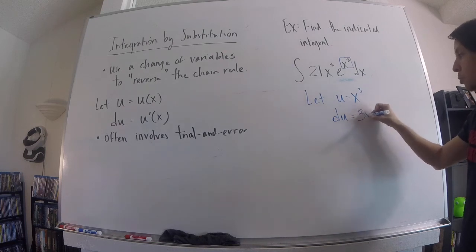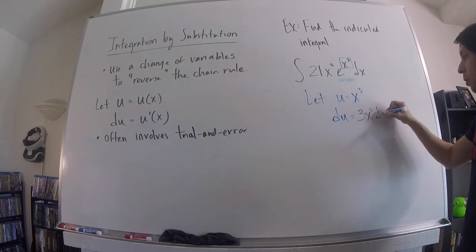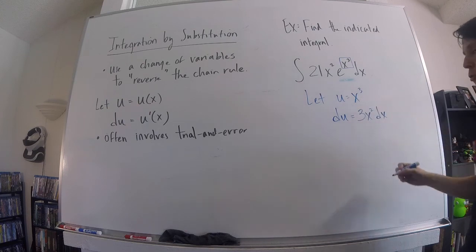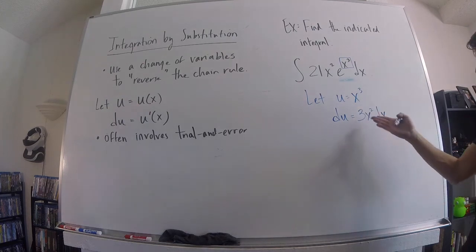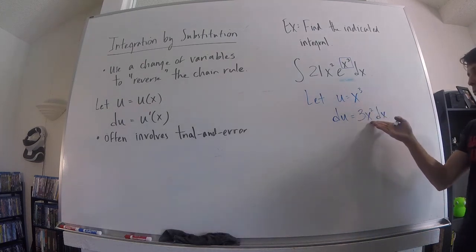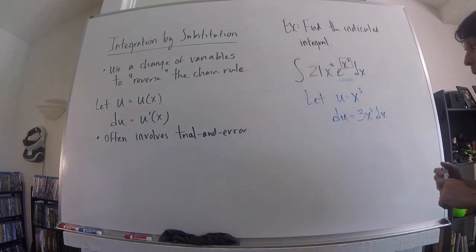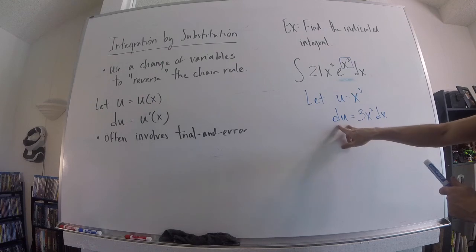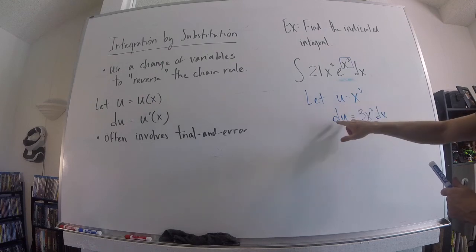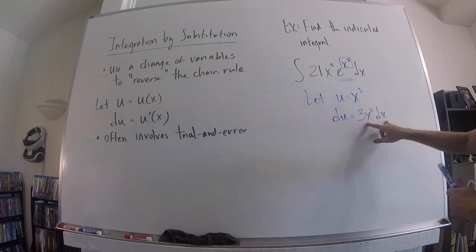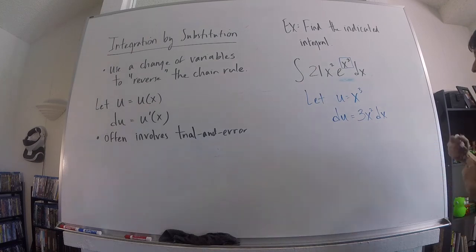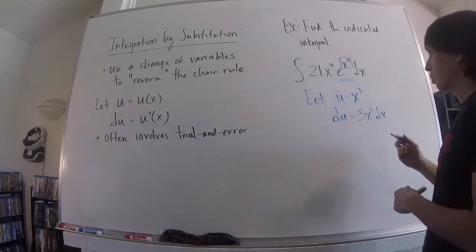It's going to be 3x squared, and you're going to write in a little dx every time you do that. It's sort of like implicit differentiation, where that's your dy dx part of it, the dx. Again, we're not getting too much into it, but that's what you're going to do. When you take the derivative of this, you're going to have a du on the left, and an expression with dx on the right. Okay, and so now